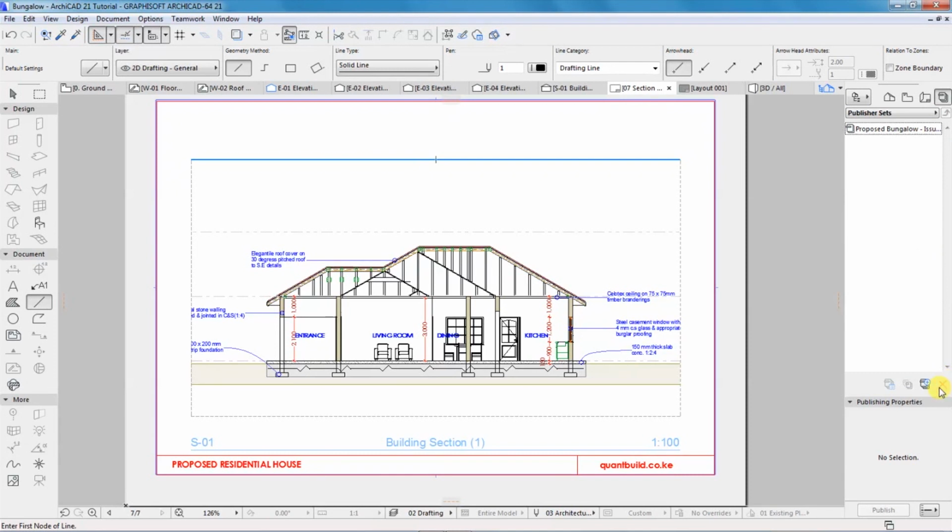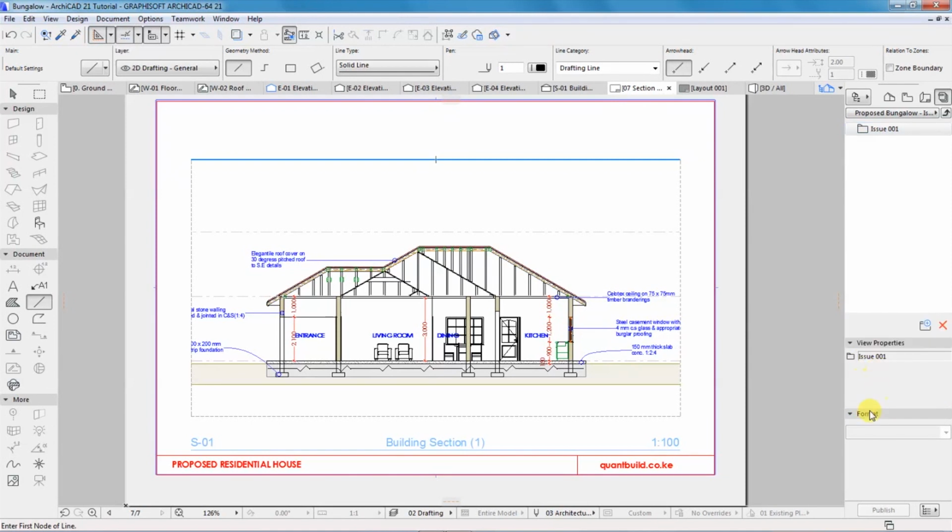It's going to be my first publishing set. So if you can see this icon down here, you can create a new folder for your drawings. So for me, I'm calling it issue 001,